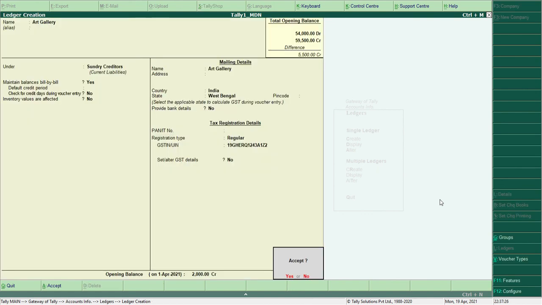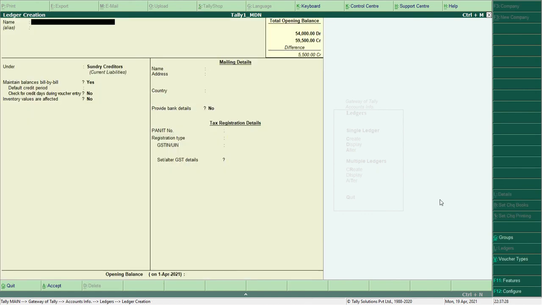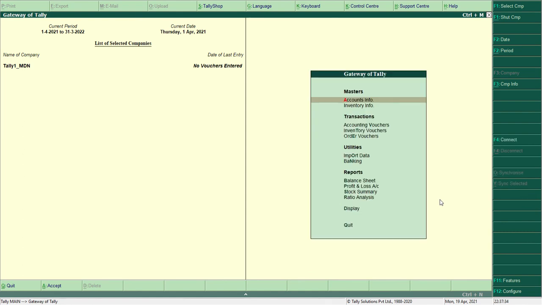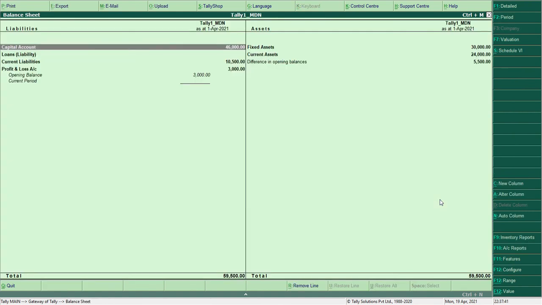So this is the creation of sundry debtors and sundry creditors, both. Now let me go to the balance sheet once again. Reports, balance sheet. Now from here if I press Alt F1, I get to see this.